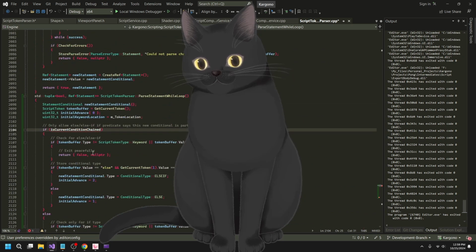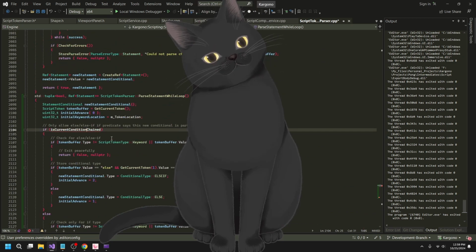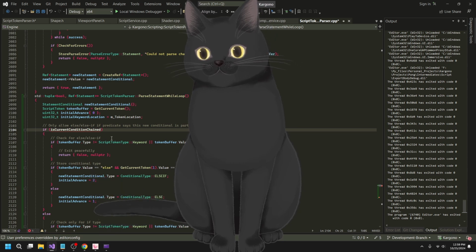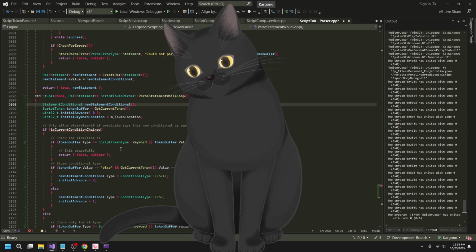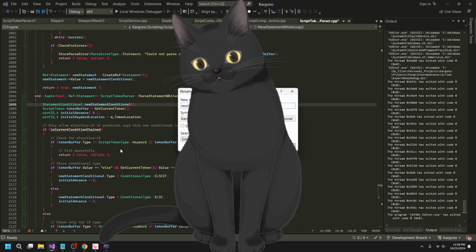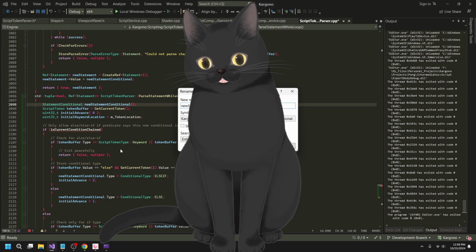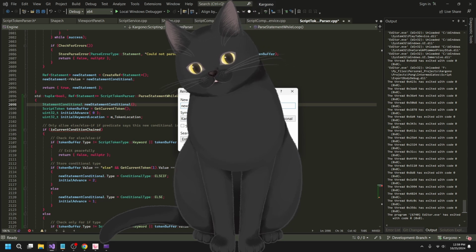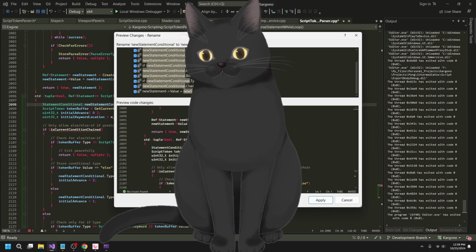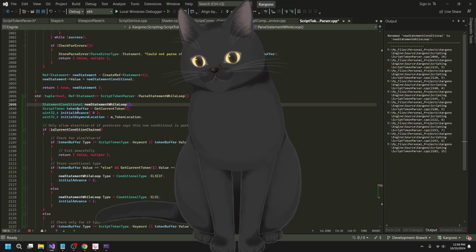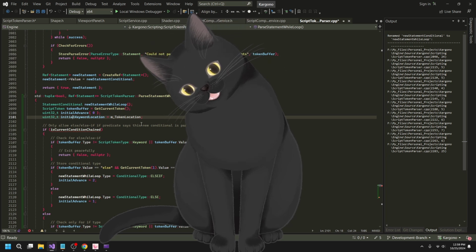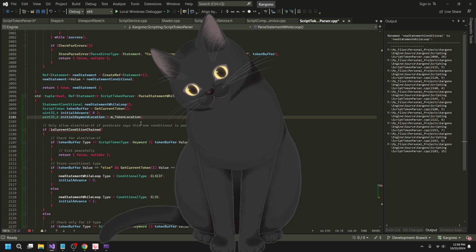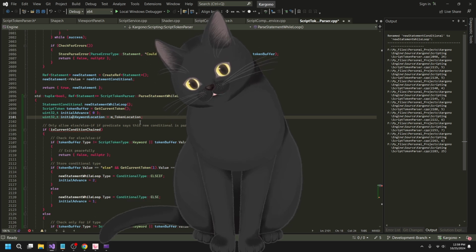So let me just go ahead and read straight through this, and I'll go ahead and parse it accordingly. So first thing is this isn't a condition, so I'm gonna rename this to statements while loop. Yeah, just inside the function. Good. Token buffer's fine. Initial advance is fine. What do I call it? Initial keyword location. What do I call it? Initial advance? It's kind of weird. I usually call it current location.